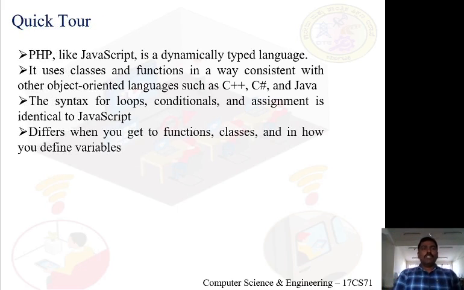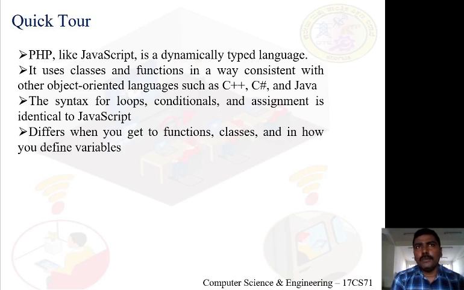So now coming to the introduction to PHP, we know JavaScript is a dynamically typed language, right? I mean, there are no explicit data type keywords, because we know in C, C++, Java we have explicit keywords, say int, float, double, to declare variables of that type. But while discussing JavaScript, I said it's dynamically typed.